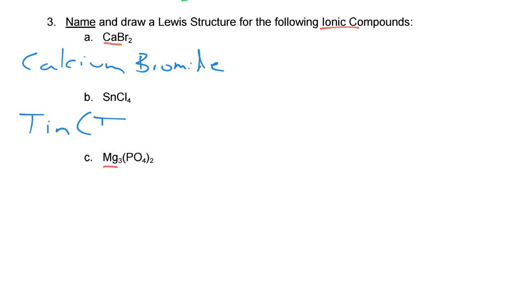So it's going to be tin(IV) chloride. Chlorine can absorb 1 electron each, so we need tin to have 4 valence electrons. Yeah, once you get low enough, or when you're in the transition metals, you need to include that Roman numeral. And then this last one will be magnesium